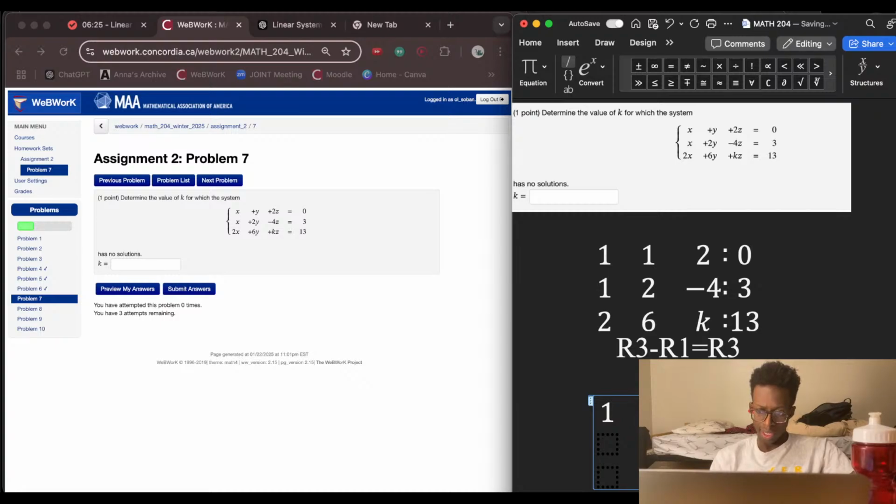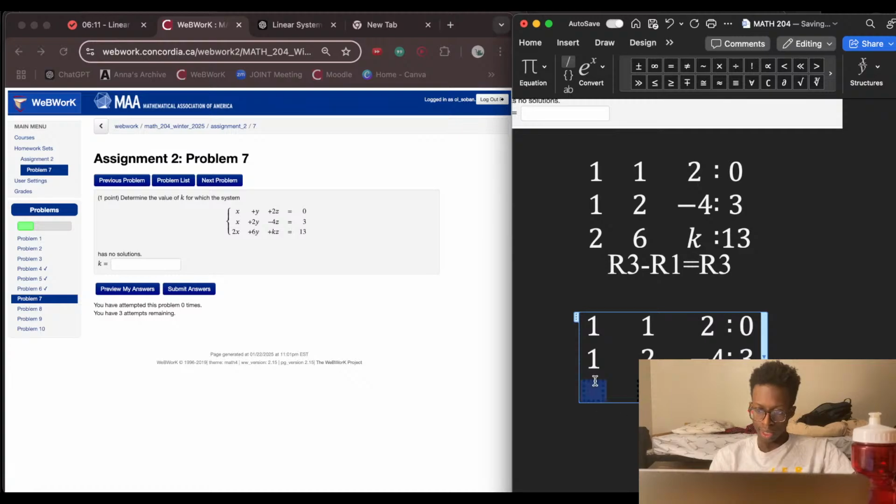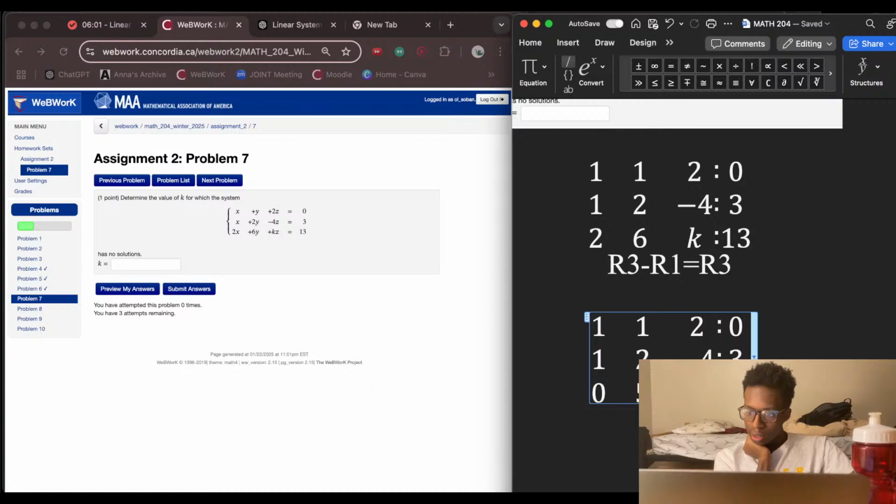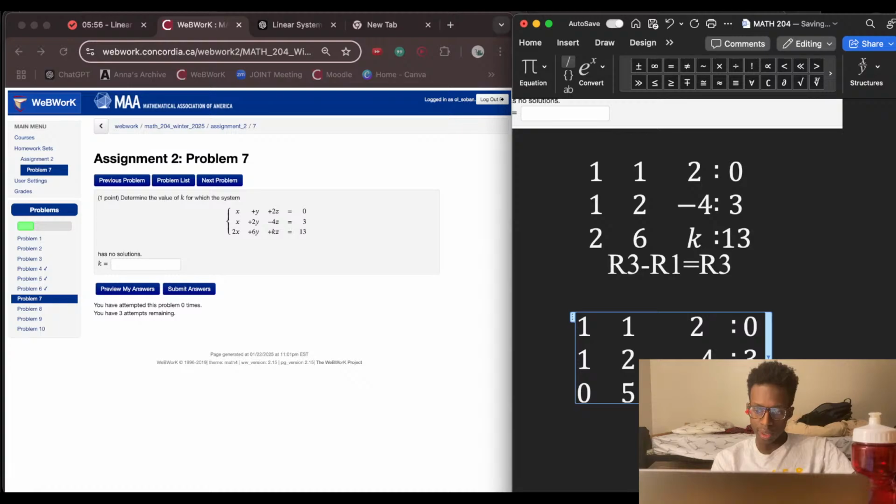1, 1, 2, 0. Add in 1, 2, negative 4, and 3. And then you have 0, 5, h minus 2, and